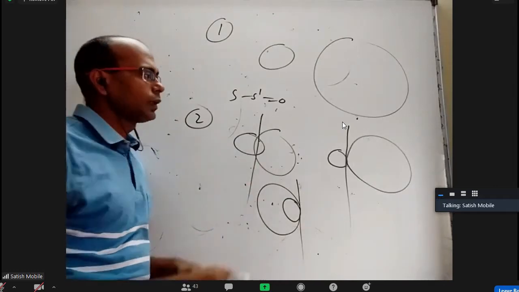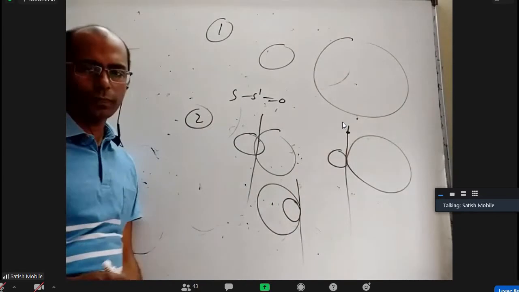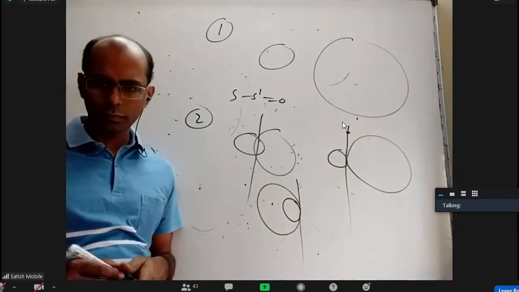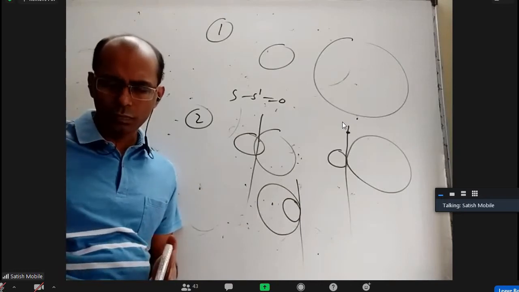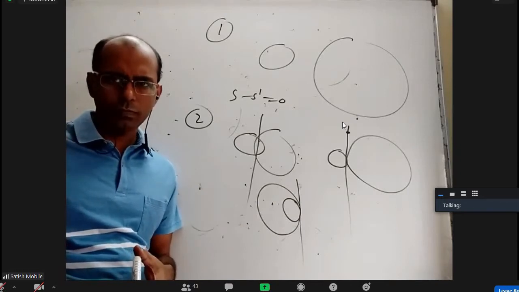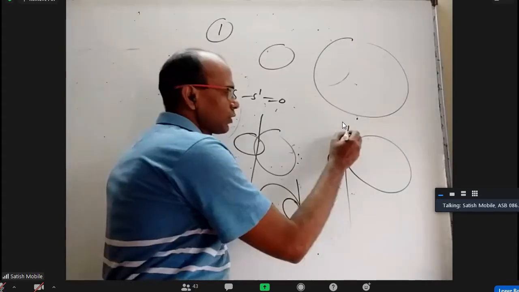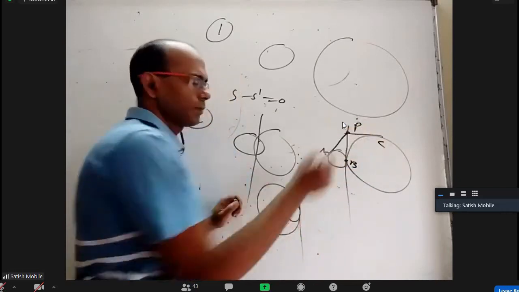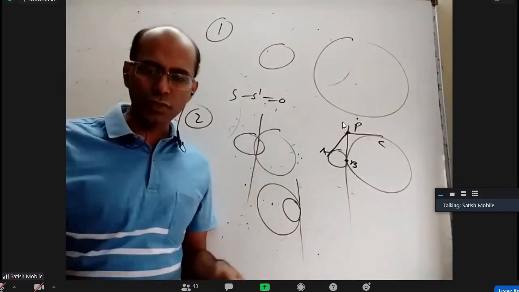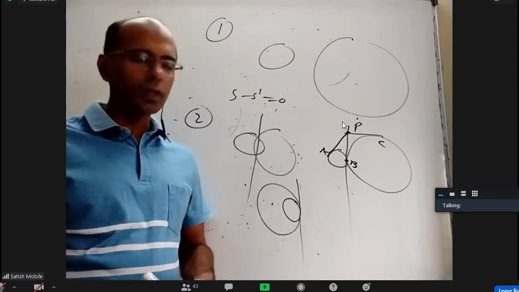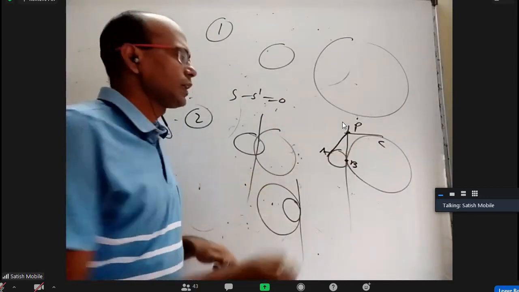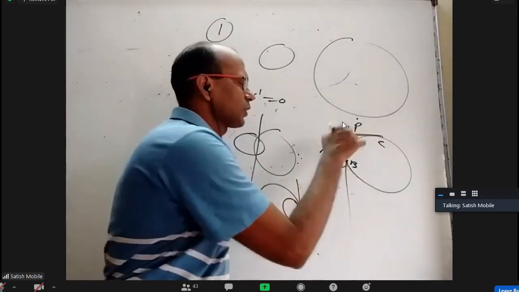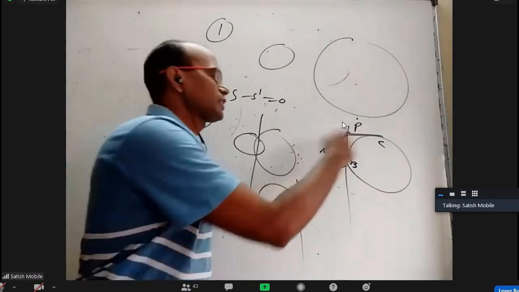Why? If you take a point anywhere on this, can I say the length of tangent from that to this circle and this circle are equal? Yes or no? Yes, sir. How? If you really draw one tangent here, one tangent here, this is A, this is B, this is C, this is P. PB itself is the length of tangent to the first circle, also the length of tangent to the second circle. Or you can say PA equal to PB equal to PC, and then PA equal to PB because from an external point lengths of tangents are equal. PB equal to PC because from an external point lengths of tangents are equal. I can say PA equal to PC.